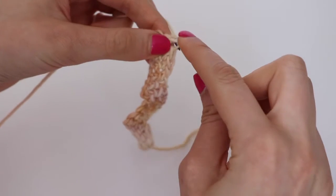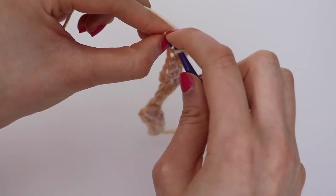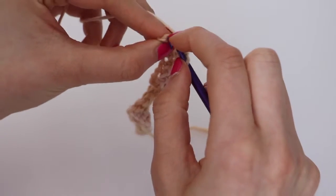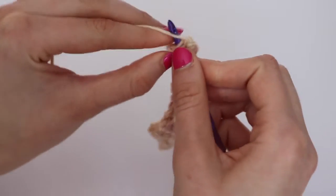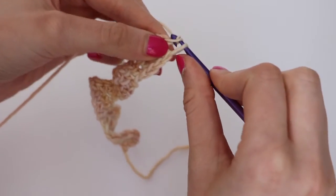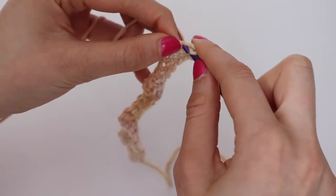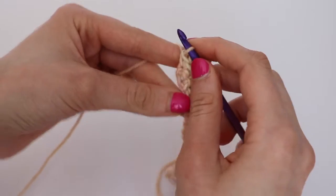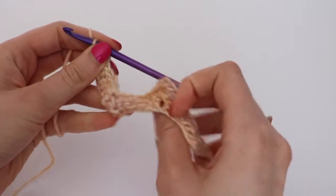And then don't forget about that last stitch there. We will work 2 single crochets into the same stitch. Got a little tight on me. So 2 single crochets into this last stitch. Make sure that you count while you're working this because it gets a bit hard to tell where you are